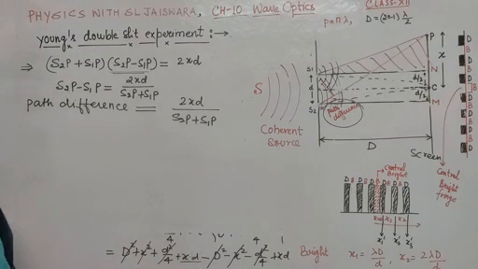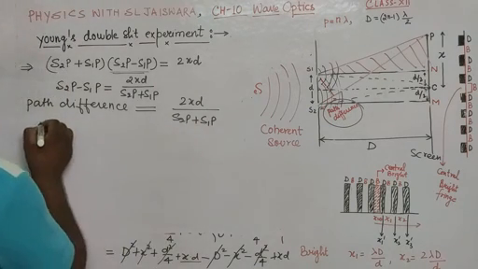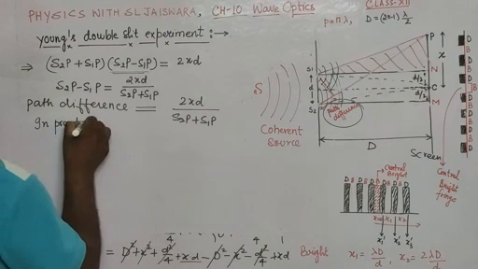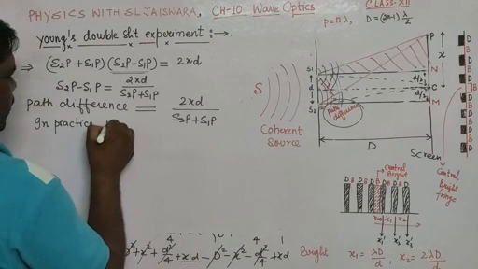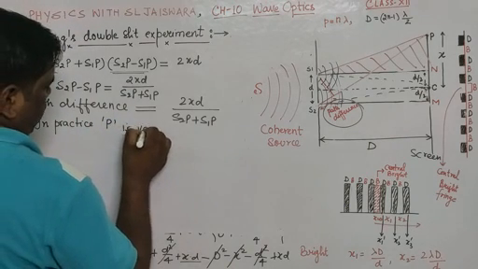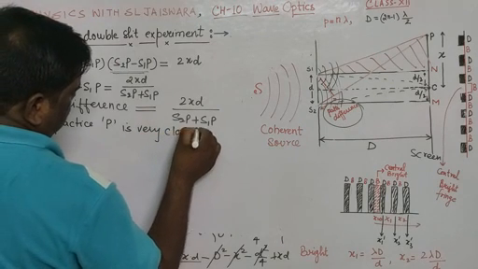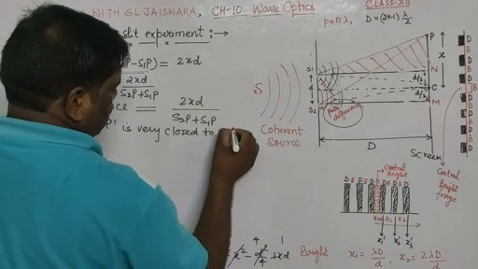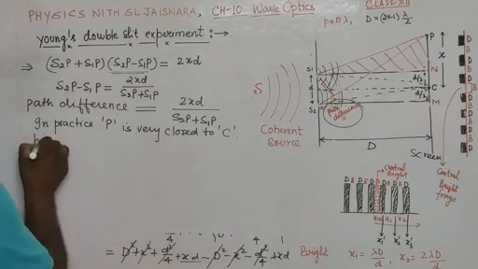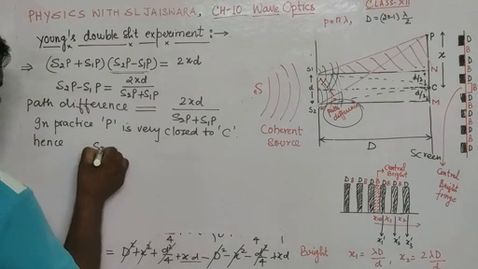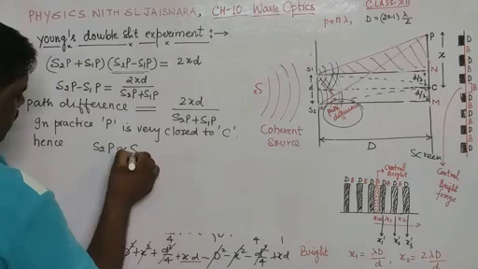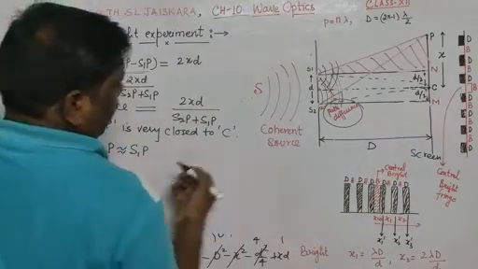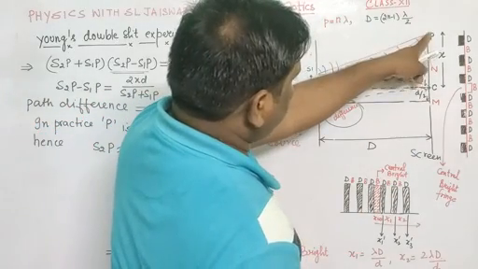This is a very small assumption. So write down, in practice P is very close to C. Hence we can assume S2P is approximately equal to S1P,